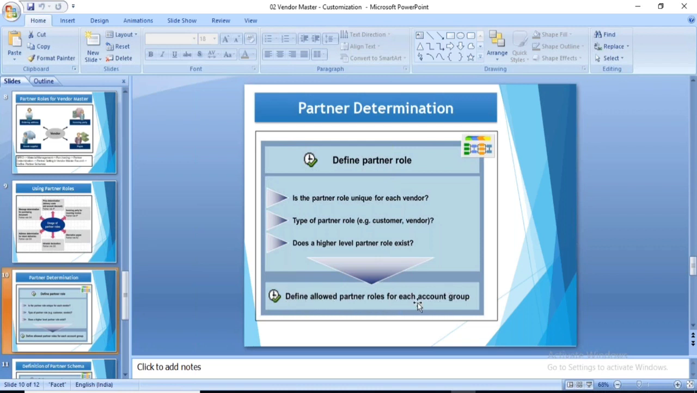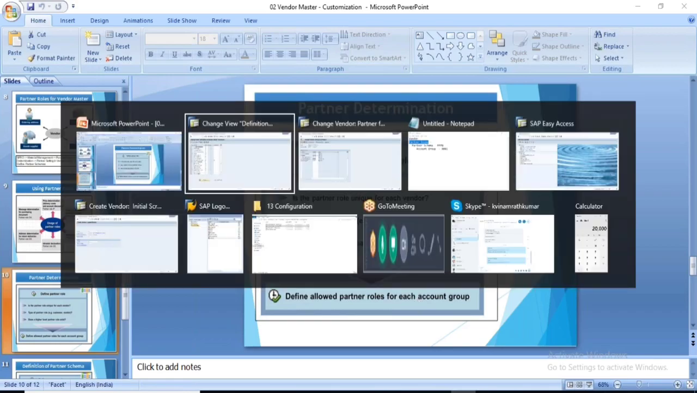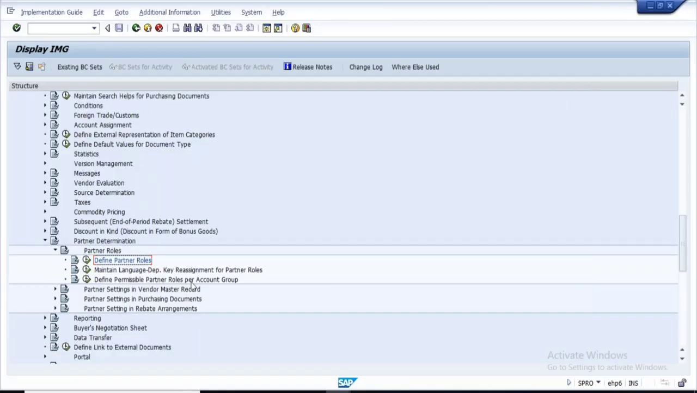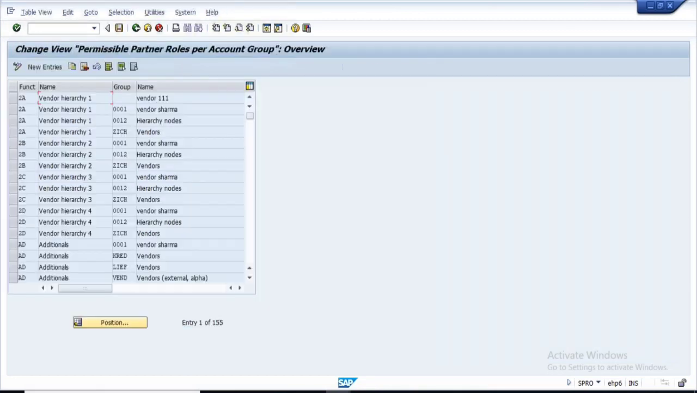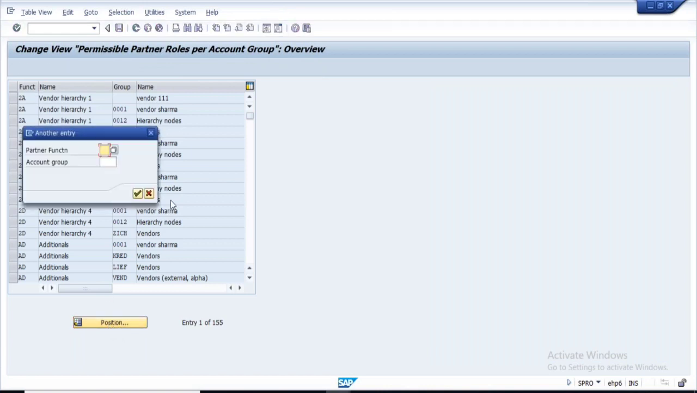You will allocate this, define allowed partner roles for each account group. So you go back. I'll not save this. Here, define permissible partner roles for account group. You go here. Now, what account group are we using? We are using account group triples, or let us go for VN. If you go to VN,